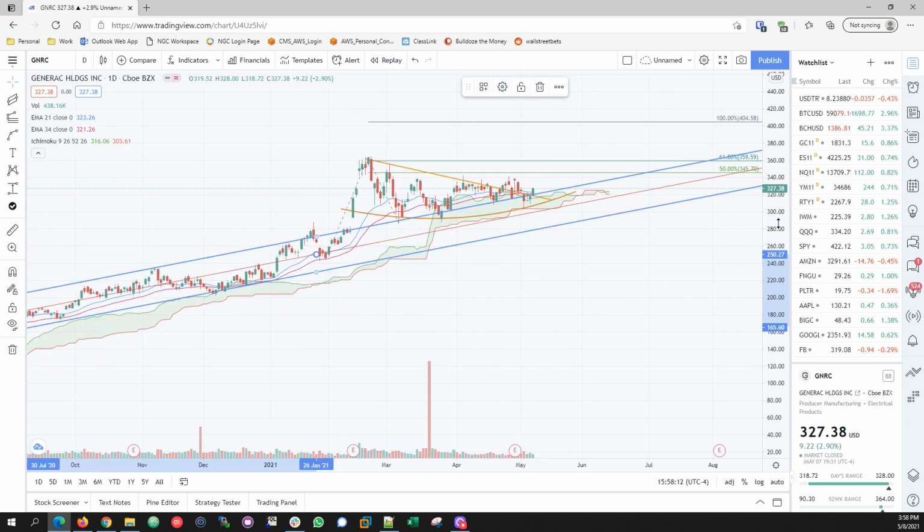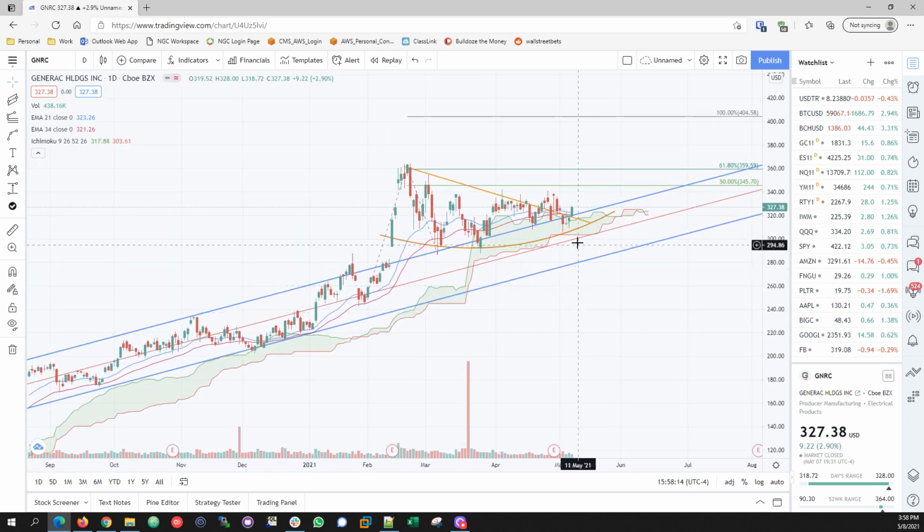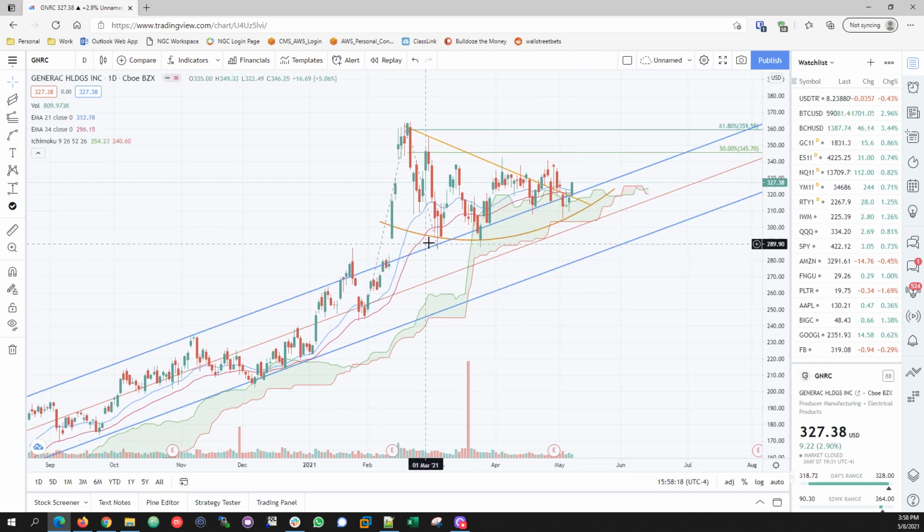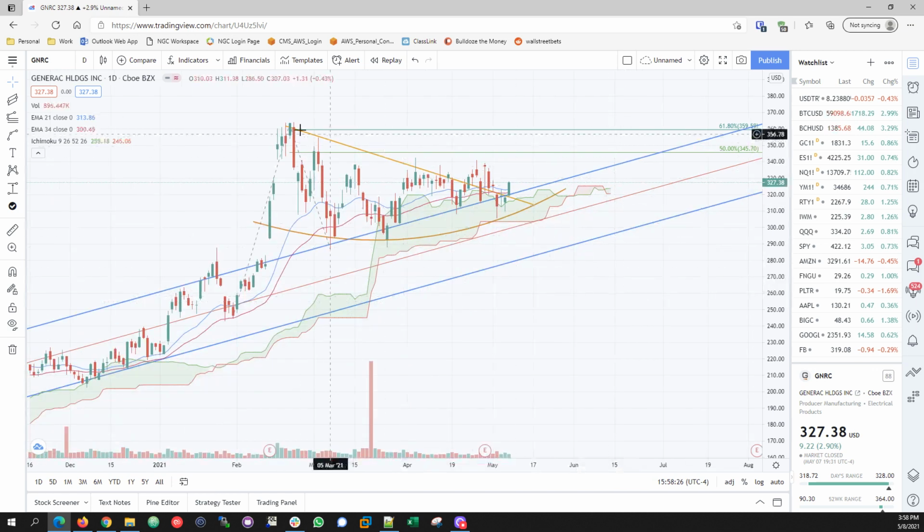So there you go. That's your chart right here. The bounce is perfectly off of where it should have been. You see this bounce, bounce, came back down a little, bounce, bounce, bounce, came back, got a support, bounce, bounce. Okay, this is good. I like the chart. I like the breakout. I think you have a potential of 345.